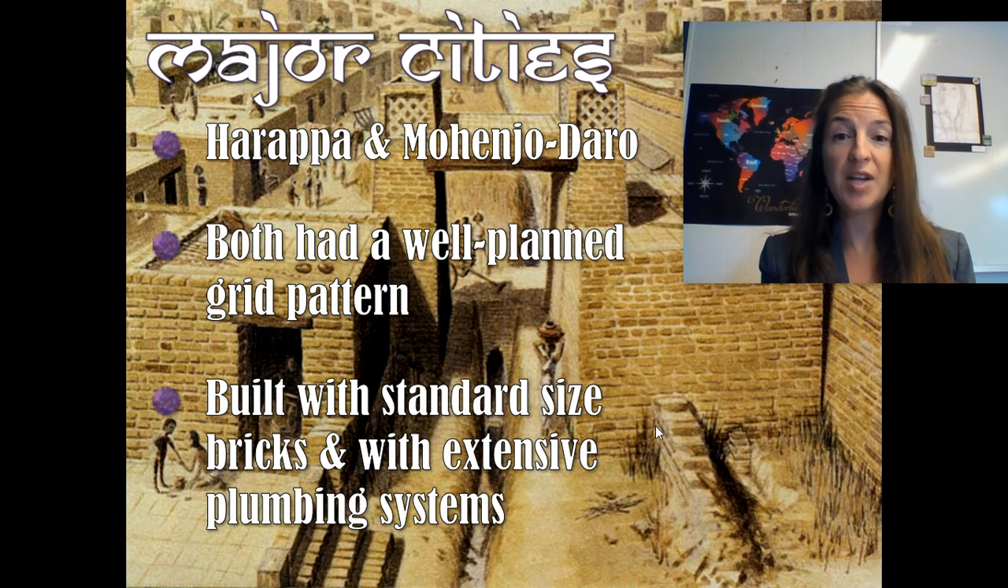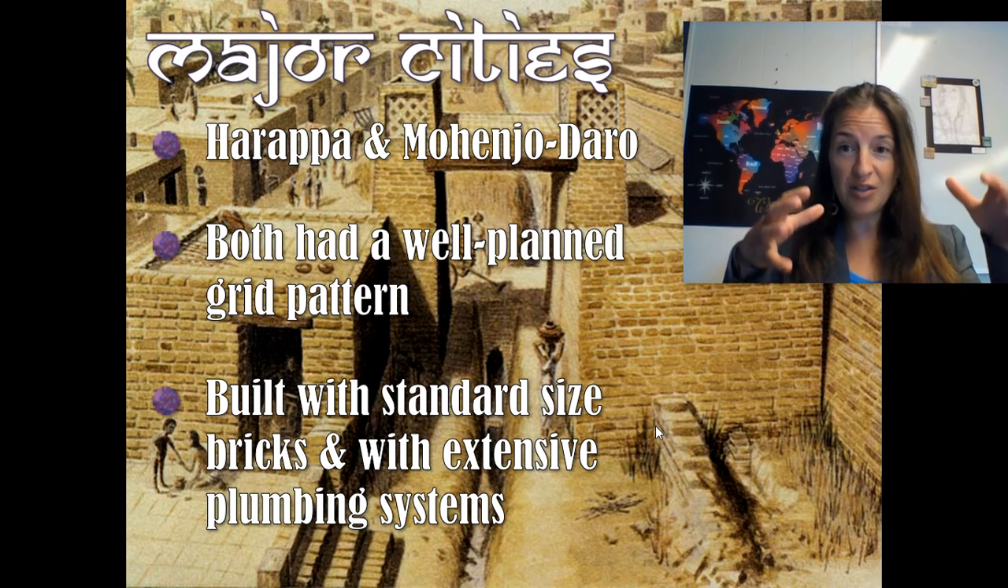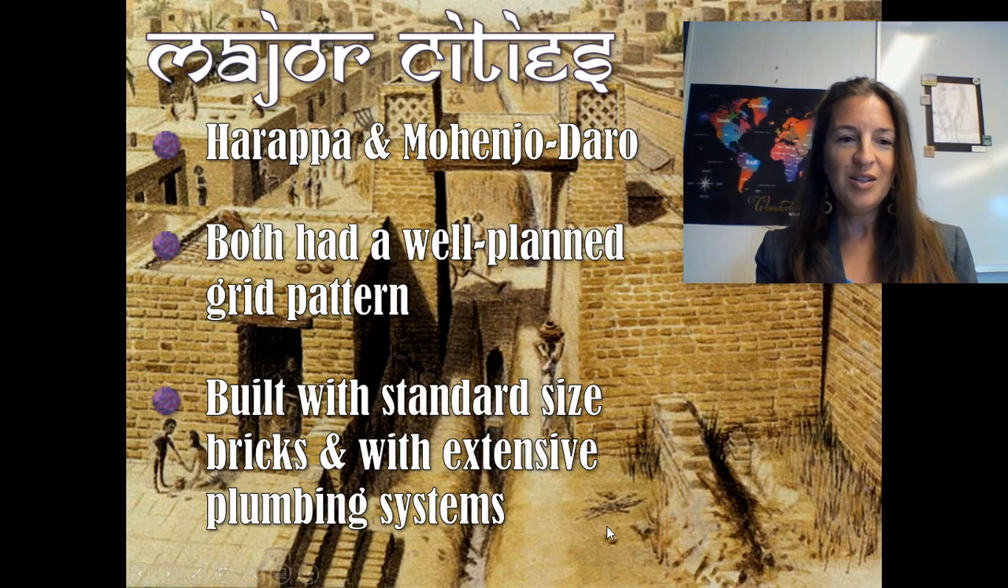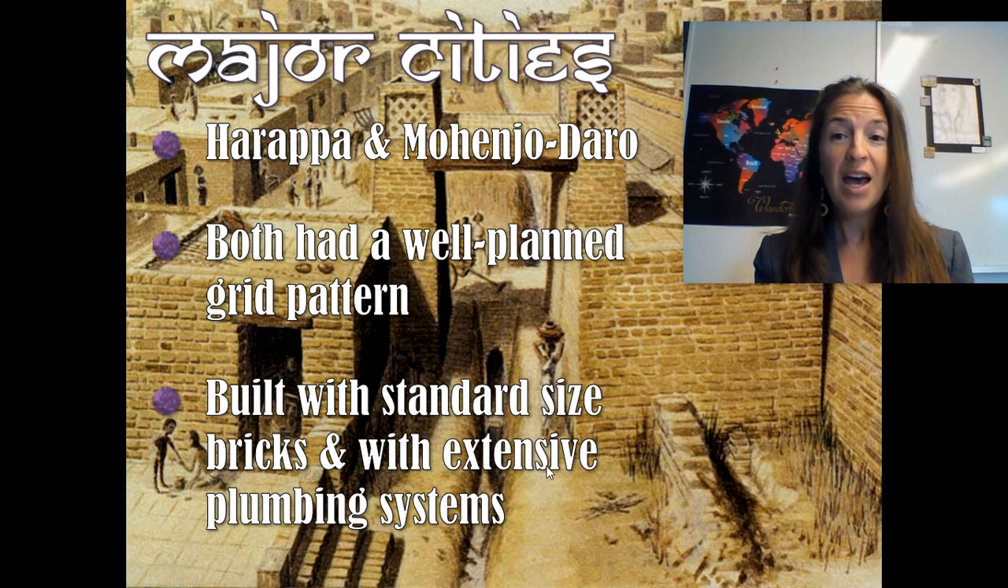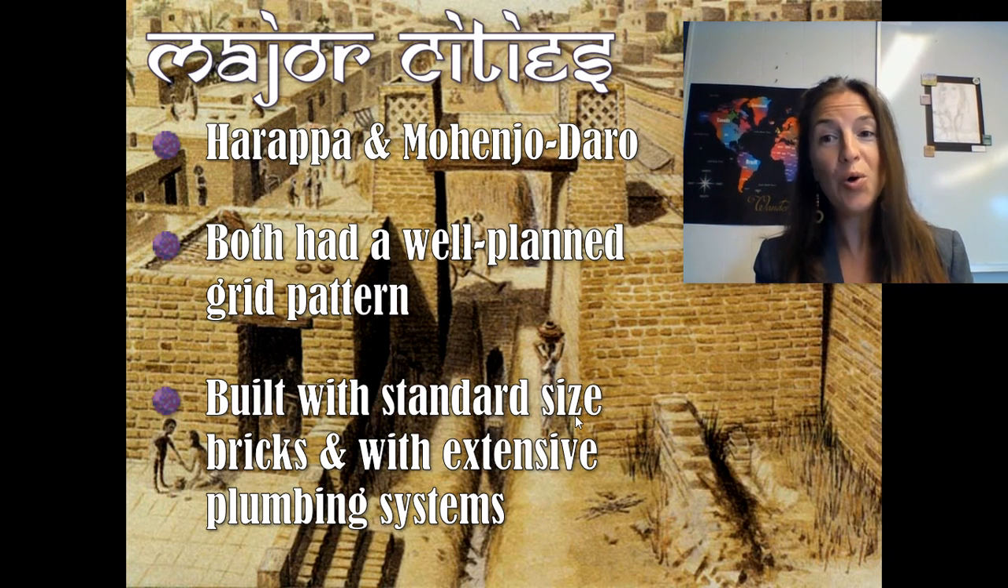They even used standard sized bricks, which kept their buildings looking nice and having a good solid structure to them. So they would use like brick molds to make sure their bricks were the same size and weight, and you can see how that would add to the structure's stability. And they had extensive plumbing systems. According to historians, the oldest toilets